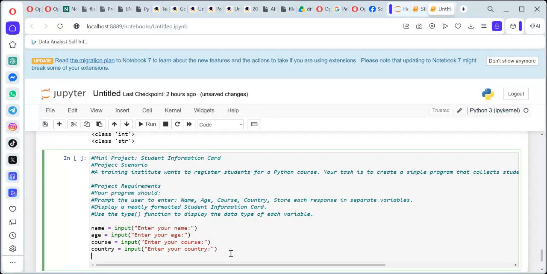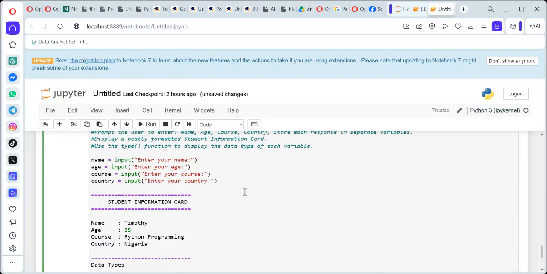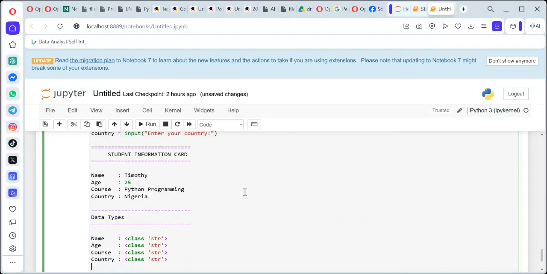Let me copy and paste the format. You want the card to be in this format, to display like this. So this is what we'll do. Instead of just copying, let's just say